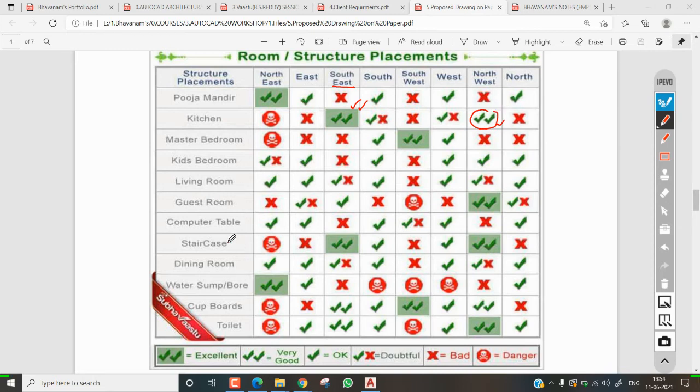And coming to the staircases, just remember this rule of thumb: the staircases and the kitchen are in the same direction. Either you provide it in the southeast, or you can provide it in the northwest. And the dining, it will look like, here also you can provide, and here also you can provide it. And the water sump in the northeast. Every time if you go for the northeast, what is the northeast corner? Even if you see here,